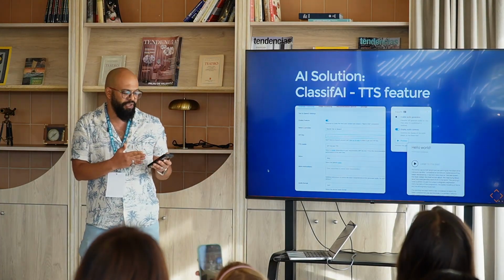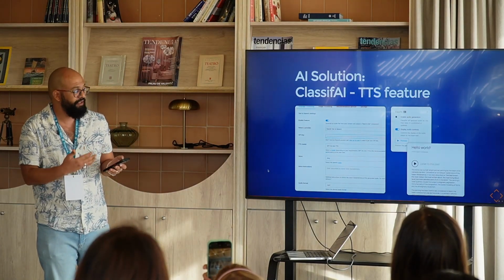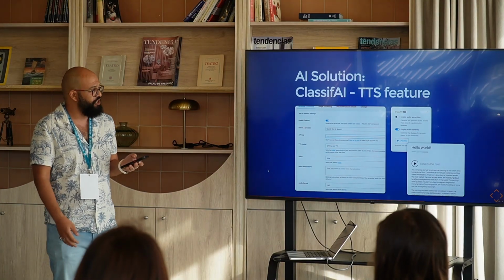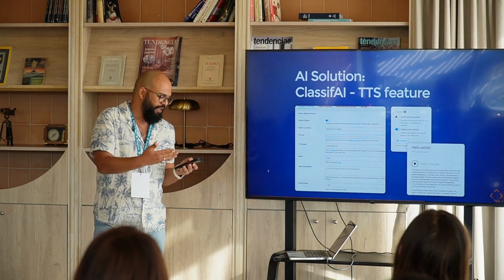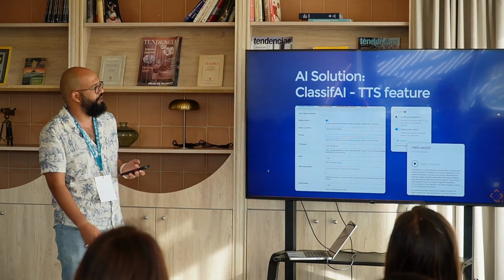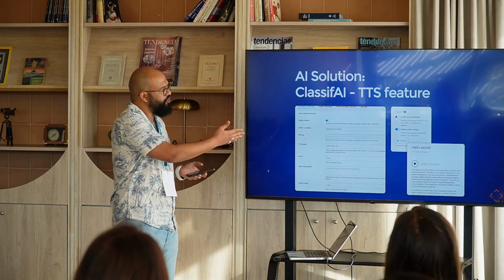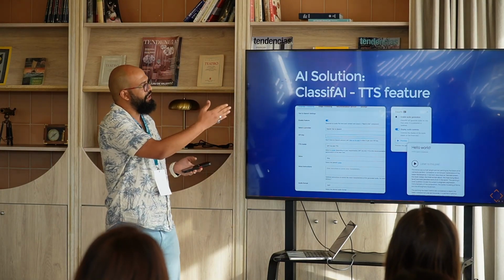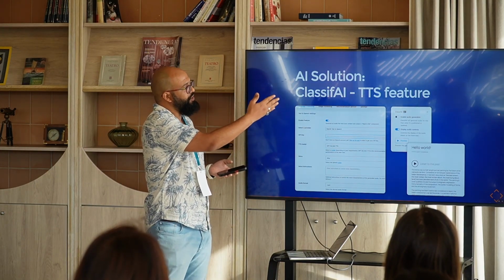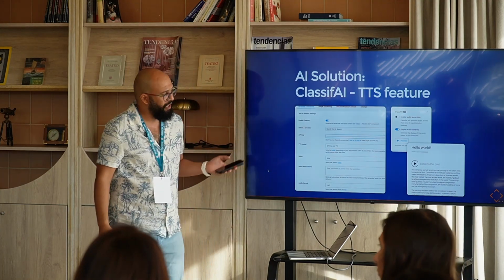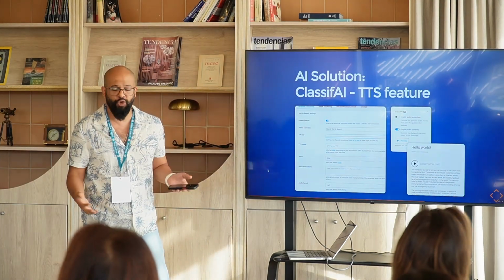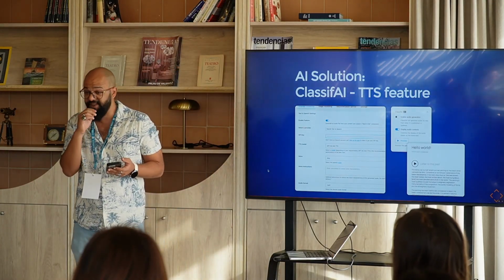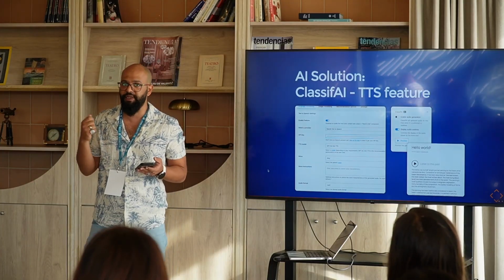For this example, we will use Classify plugin to enable TTS generation, text-to-speech generation for content. Whenever a post is published or updated, the plugin will automatically generate an audio version for it. You can activate the feature in the settings and provide your API keys, and then within the editor interface, you can enable audio generation. The plugin will automatically call the LLM, generate the audio version, and display it on the front end of your site. Simple and straightforward with just the cost of using LLM.